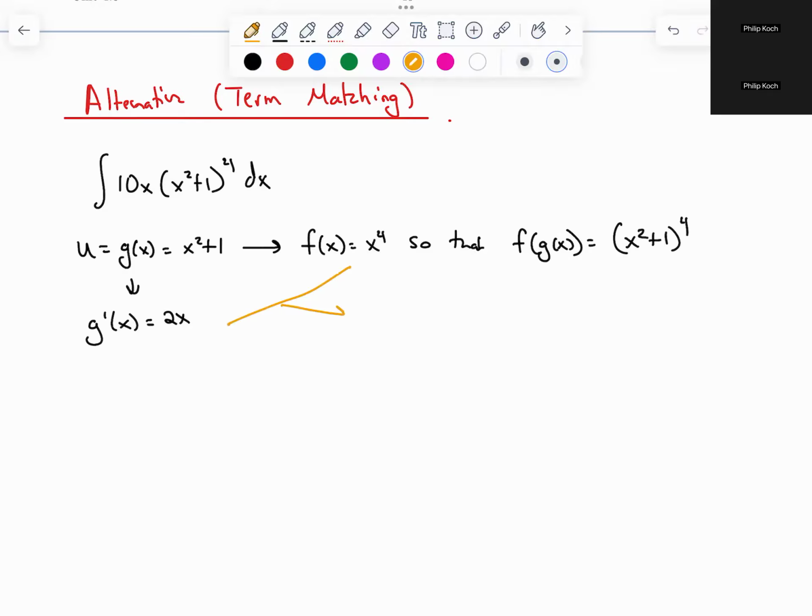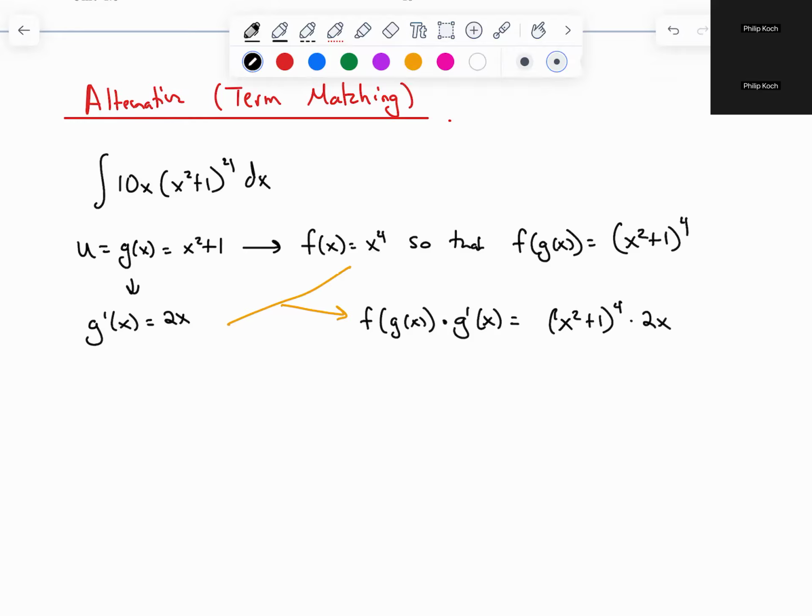So it's very, very weird to do this way. We'll explain what's going on a little bit more in just a moment. But this means that f of g of x times g prime of x is equal to (x squared plus 1) to the fourth power times 2x. Okay, so what we're trying, the whole point of this situation is to try and figure out what the original